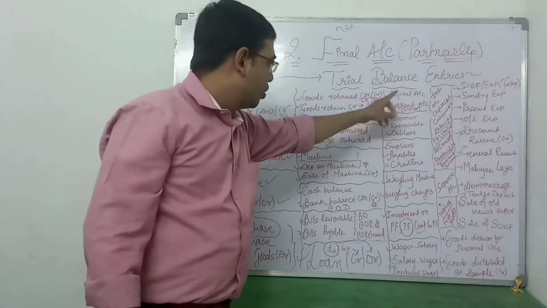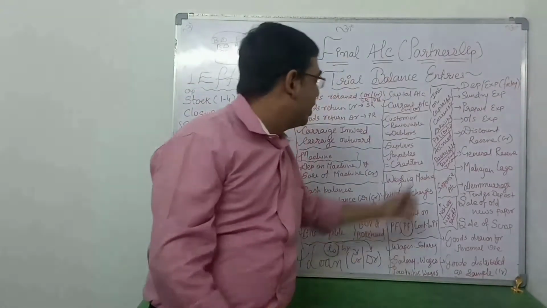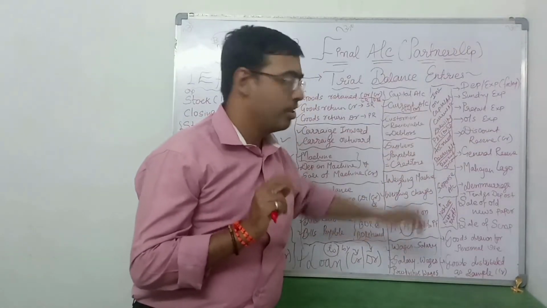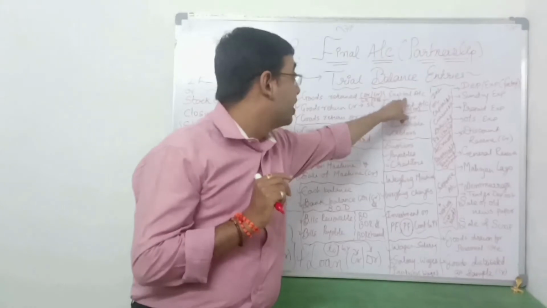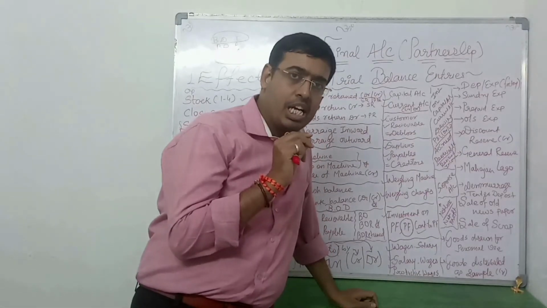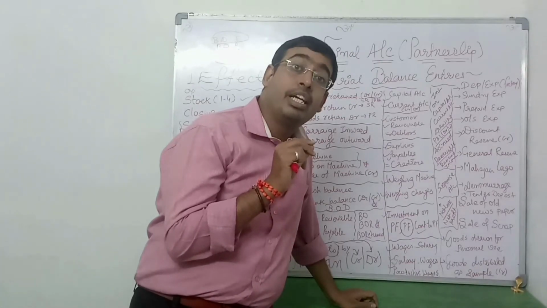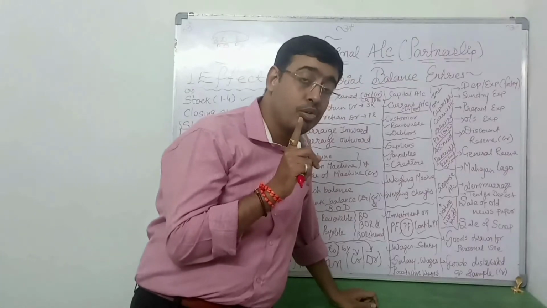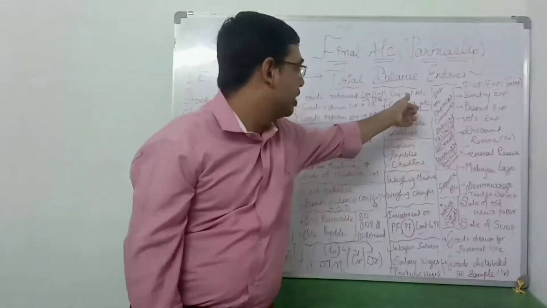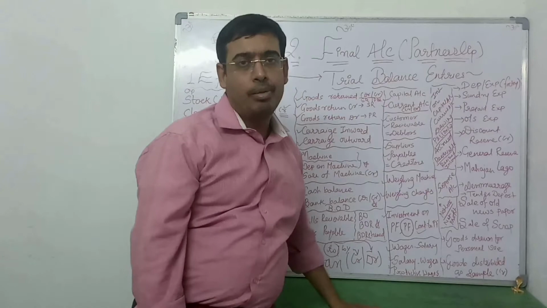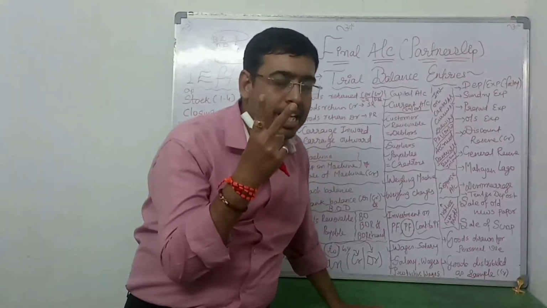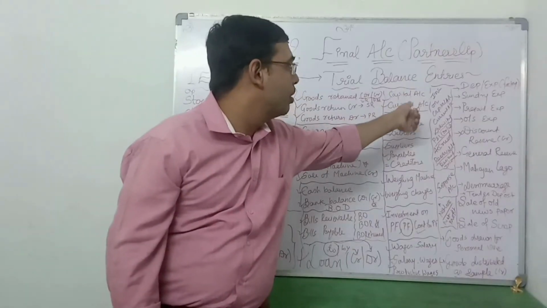Now, let's go a little bit clumsy, I know, but it is important to cover it in a single video, on a single board. That's why I have written like this. Capital account and current account. Capital account and current account come in which capital method, which I have told you? Fluctuating or fixed? Fixed capital method. Absolutely correct, beta. Those who are adopting the fixed capital method need to make two accounts, that is capital account and current account.